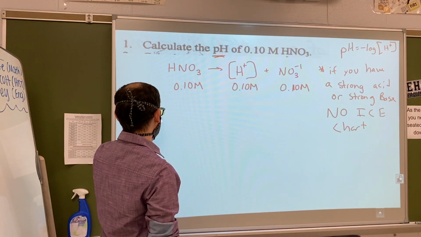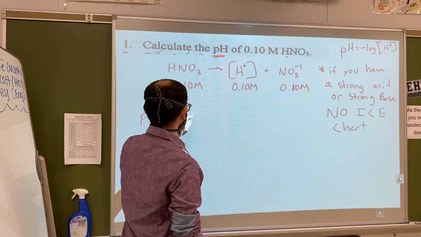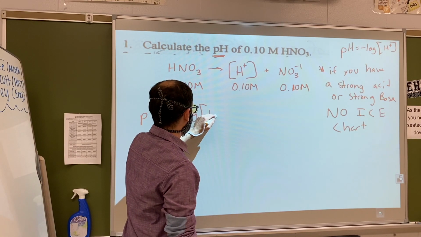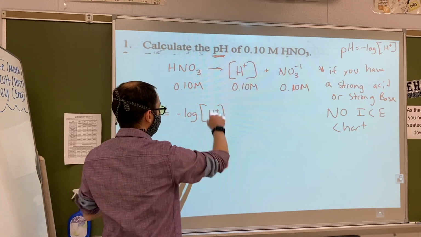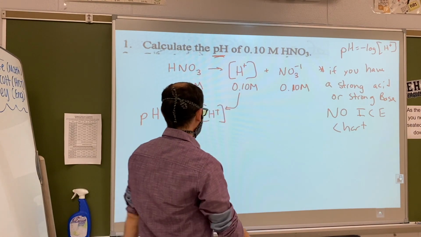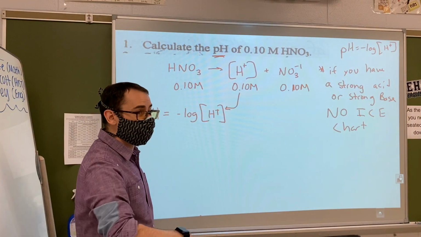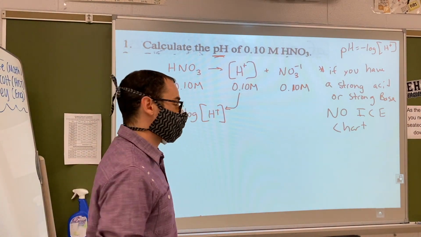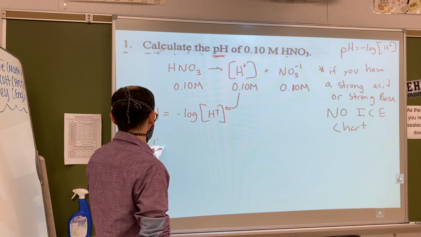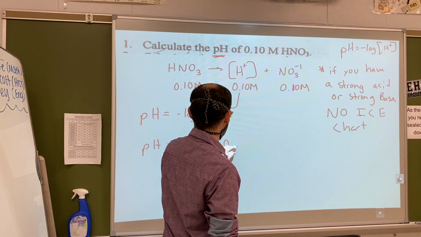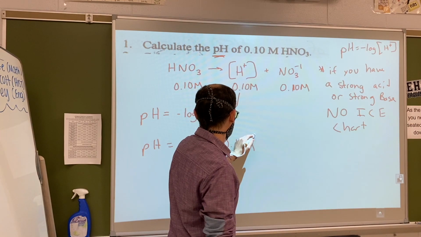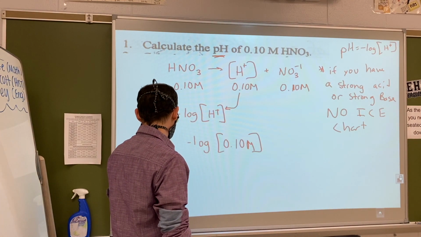And this only works again if it's a strong acid or a strong base. So we're actually going to just plug in this 0.10 into here, and then we can solve for the pH like we did a couple chapters ago, last chapter. pH equals negative log of 0.10 molar. And that means the pH is going to be,